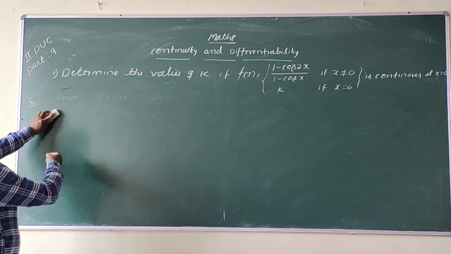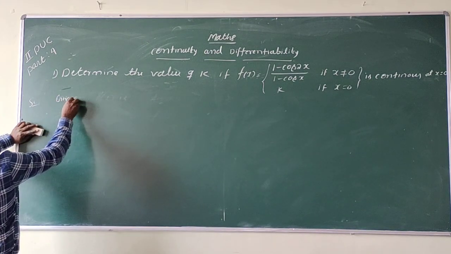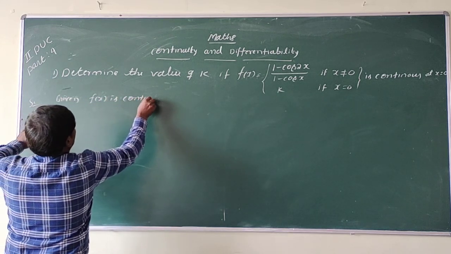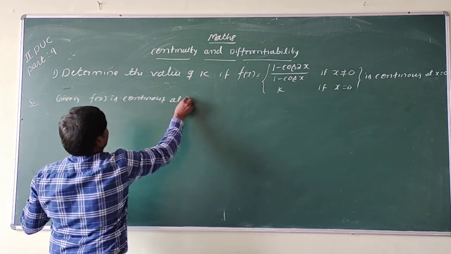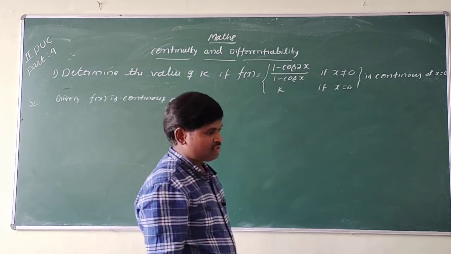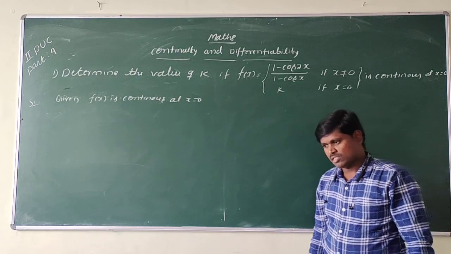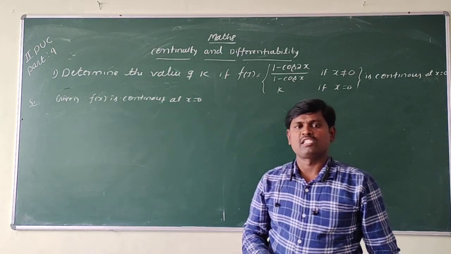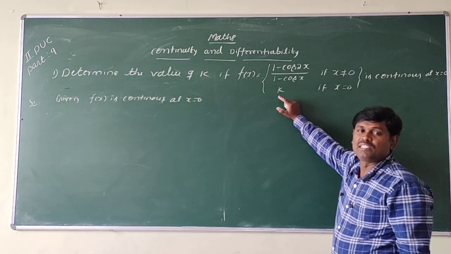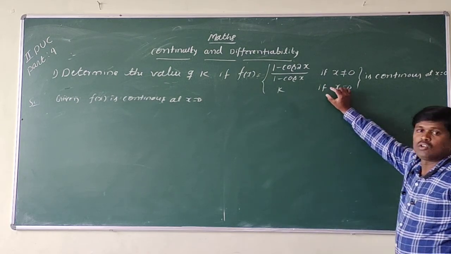See here, solution. So the given function is continuous. Okay, so given f of x is continuous at x equal to 0. It means the right hand limit is equal to the left hand limit is equal to the value of the function, or one more way: the limit of the function is equal to the value of the function. So here we go through with the help of the value of the function and the limit of the function, because here the function is not splitting.